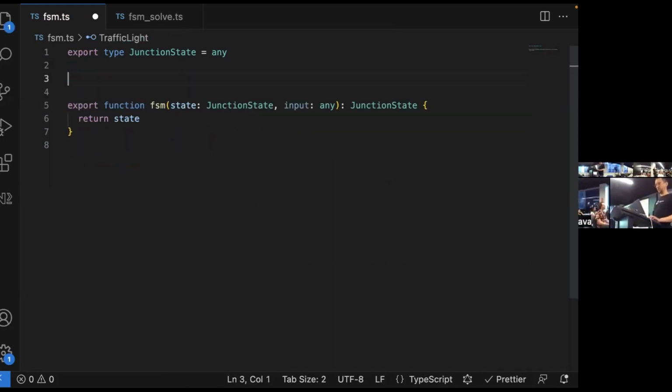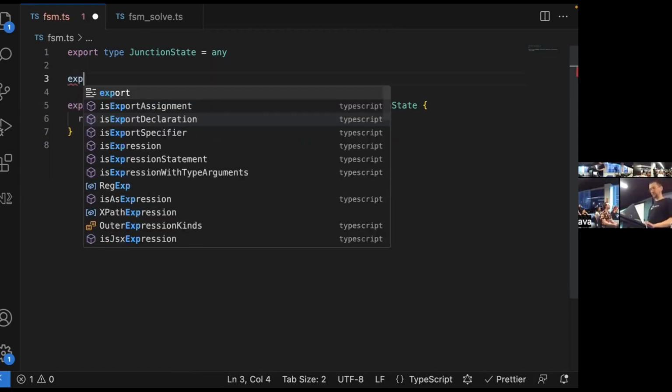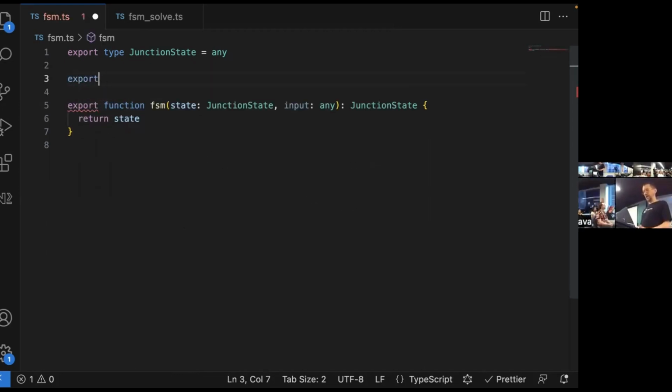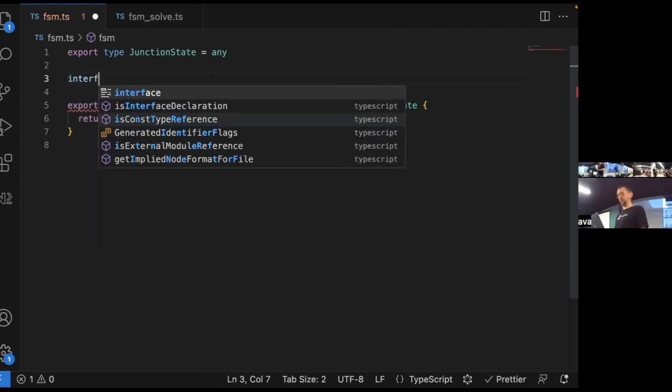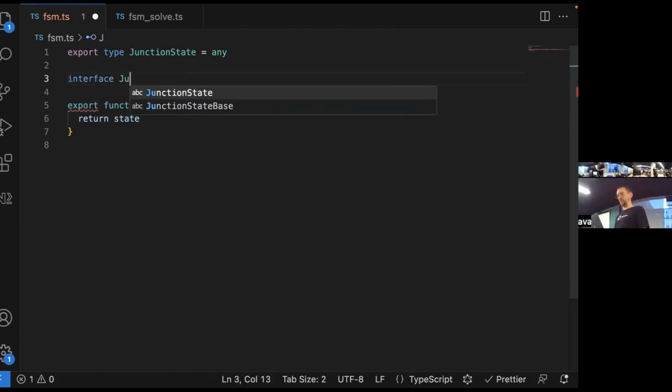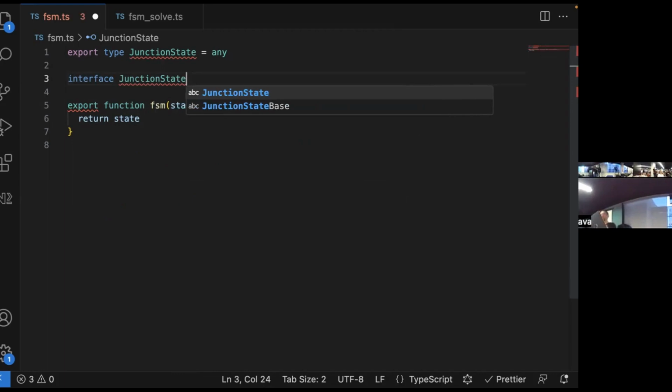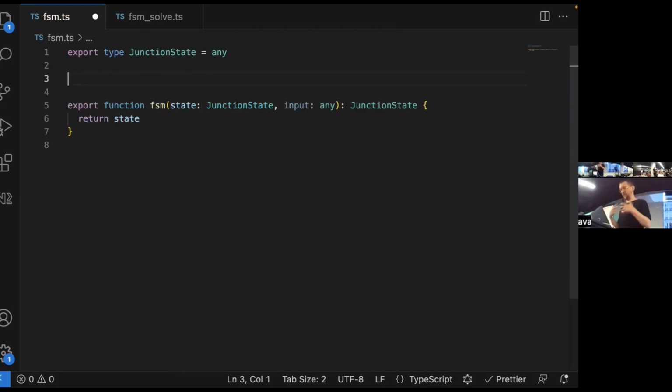So let's take this one step further and start thinking about a T-junction, right? So if we start thinking about a junction, how are we going to model that? And that's where things get tricky. So instead of doing an interface, we're going to do this slightly easier.